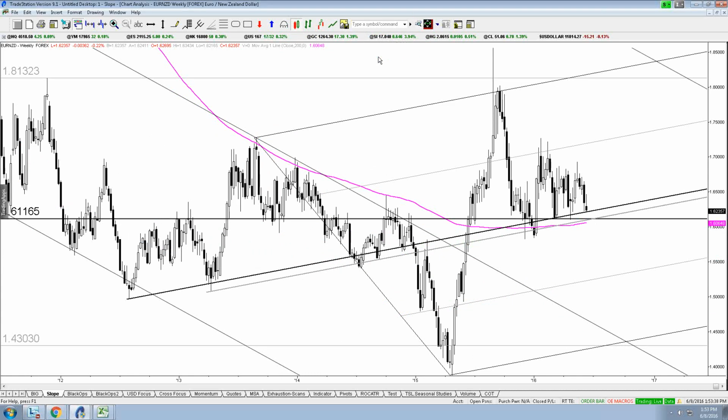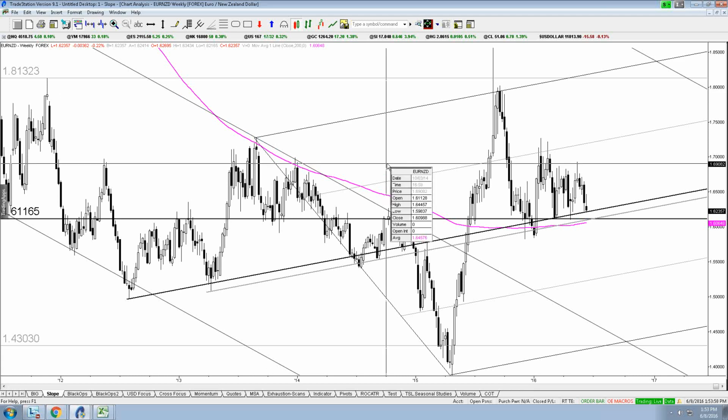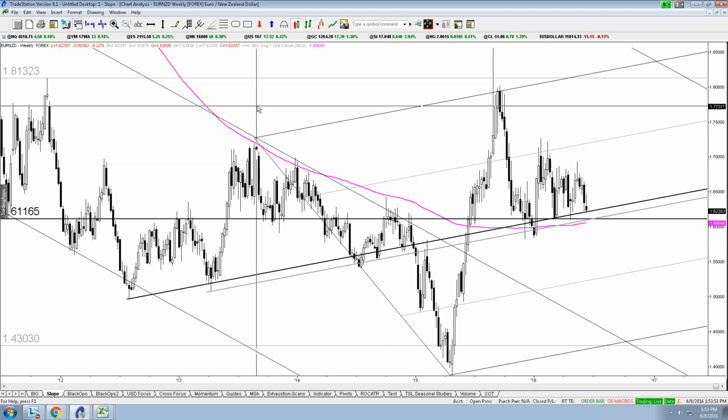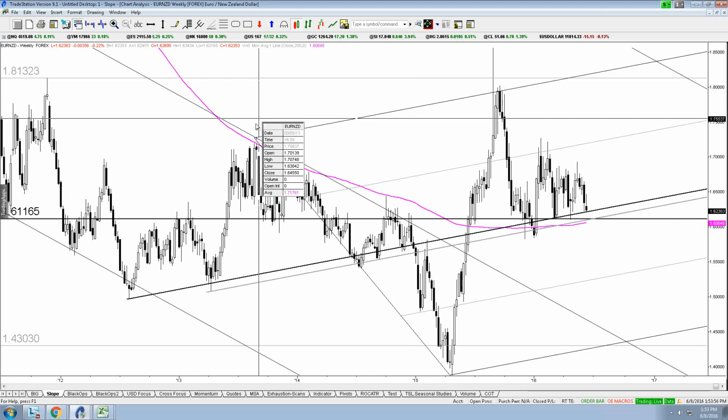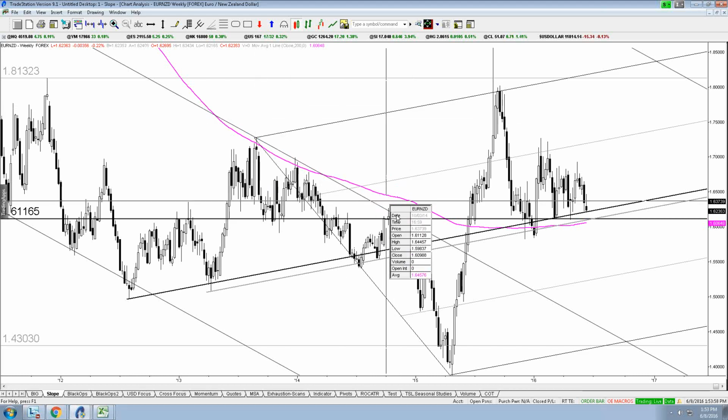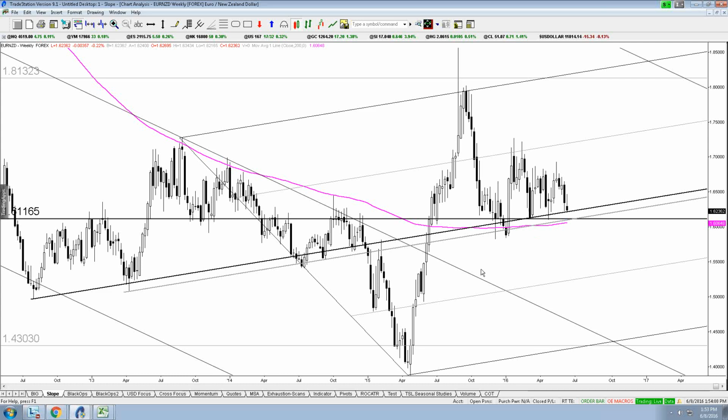200-week average. Again, I don't know what the hell 200 weeks is, right? It seems like a total arbitrary number to me. But again, I'm not going to act too smart. 200 weeks, it was pretty clear resistance, was it not? Very precise in its resistance for years. And then we broke through it, and it's been support.